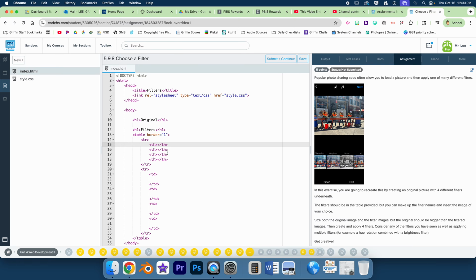Clarendon. Gingham. Moon. And Lark. Okay. And then